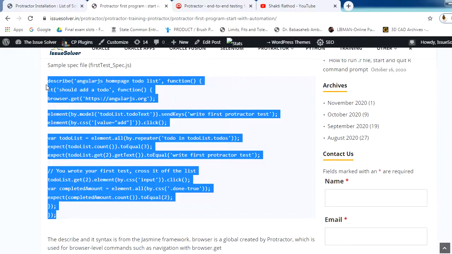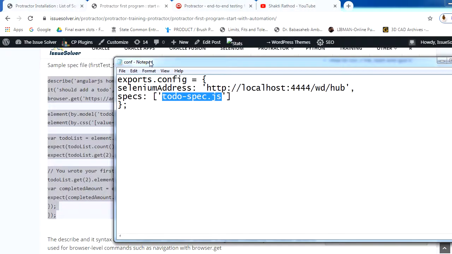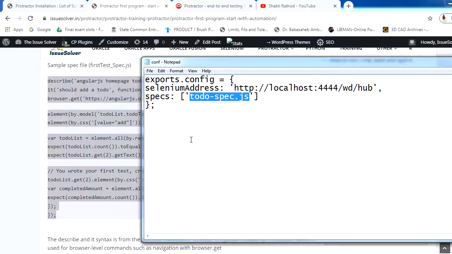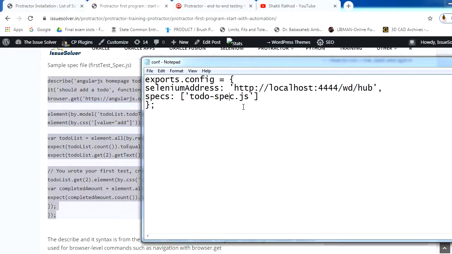Okay, I will just copy it. So we have to write our specification file in this file name. We can just give first underscore spec.js.